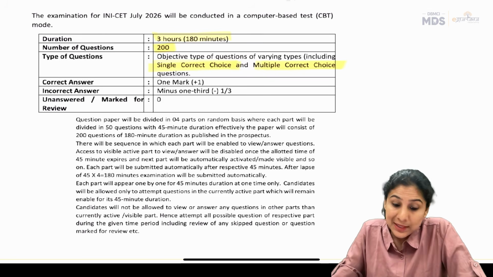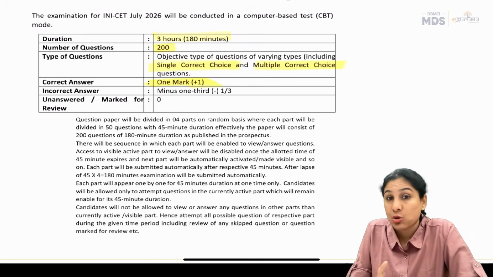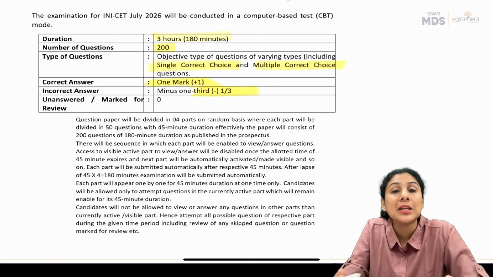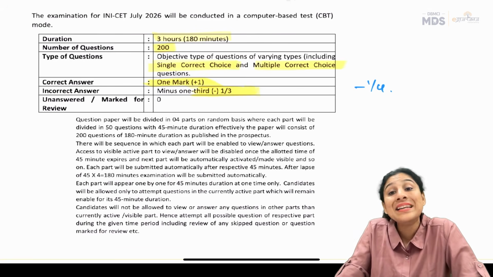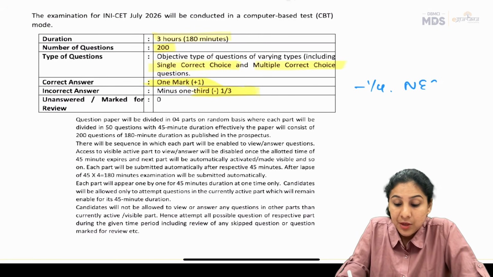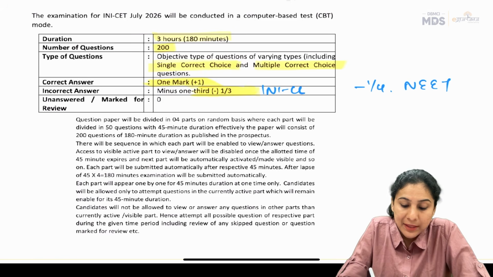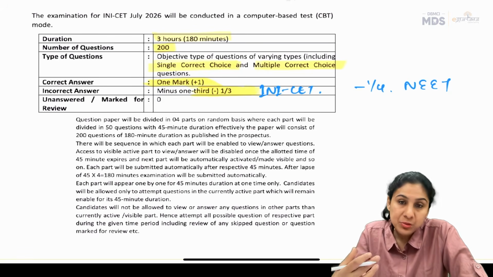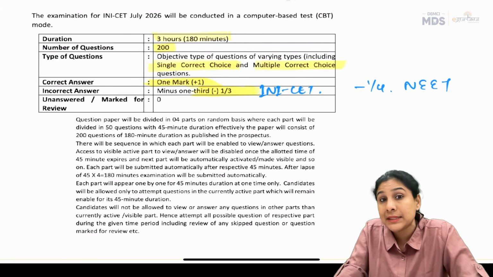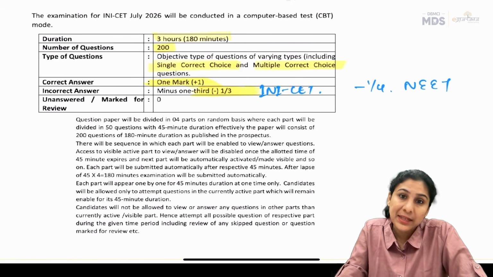If you mark it correctly, you have a +1. If you mark it wrong, you have a -1/3. Now, this is one big difference between NEET and INI-CET. In NEET, you have a -1/4, lesser negative in NEET, whereas in INI-CET, you have a -1/3. So your calculated risks, your bluffing or your judgment calls should be very, very titrated. You can't just bluff left, right, and center if you want to